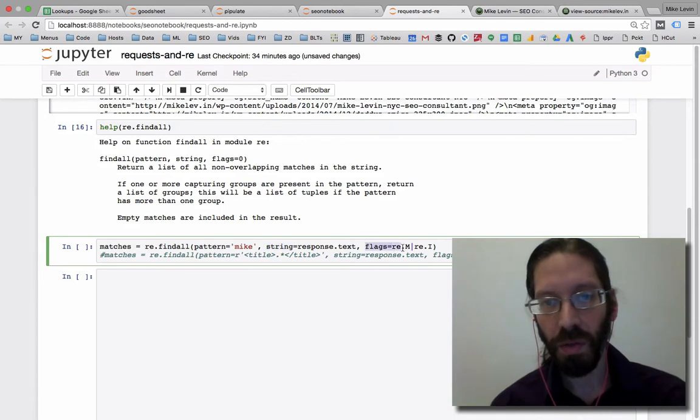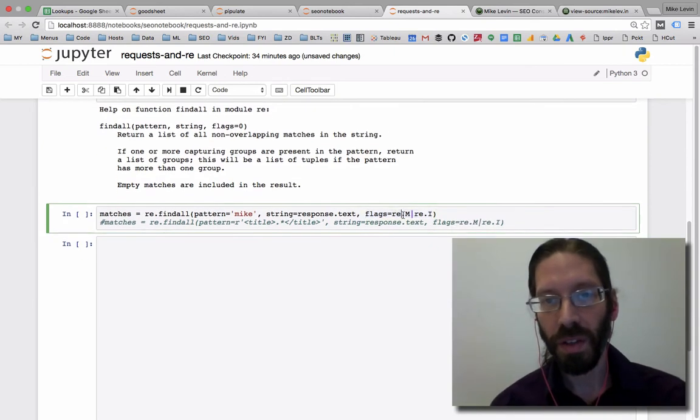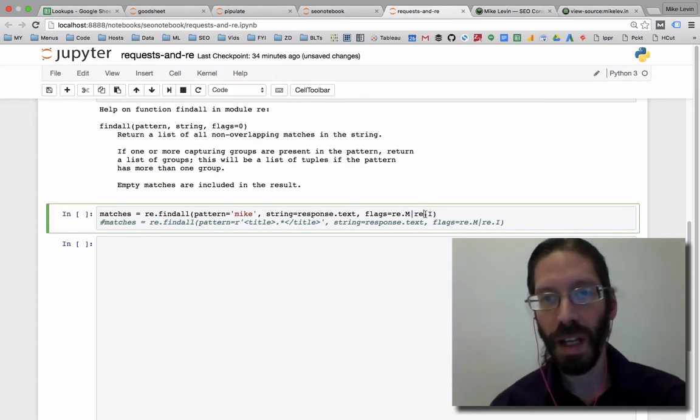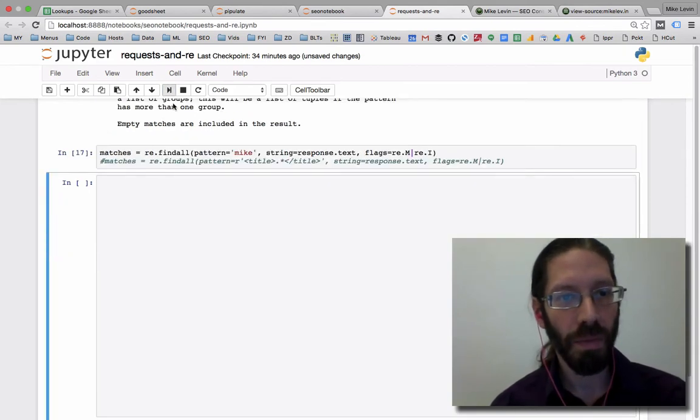And we're setting two flags. This is one of the downsides of regular expressions under Python. There's re.M and re.I, which tell it to look across multiple line returns and ignore case, respectively. So this is case-insensitive multi-line matching. And if I execute that,